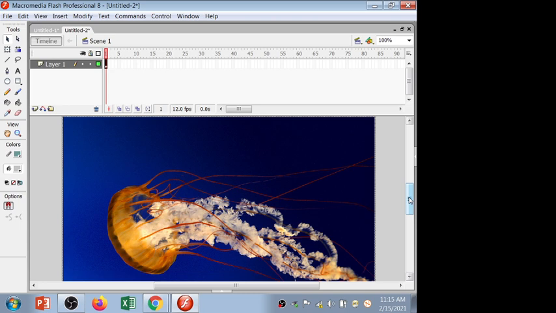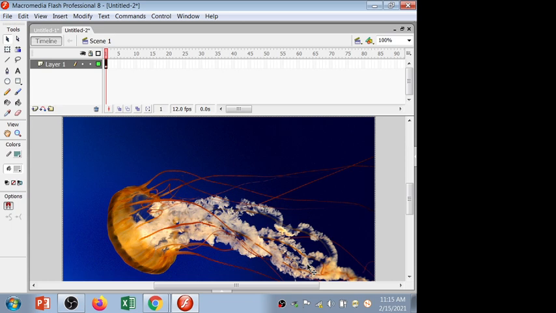As I have selected the jellyfish image, on this image what I'm going to do is rename my layer. I'll rename this layer with original. This is the original size image, right? So this is my original layer.